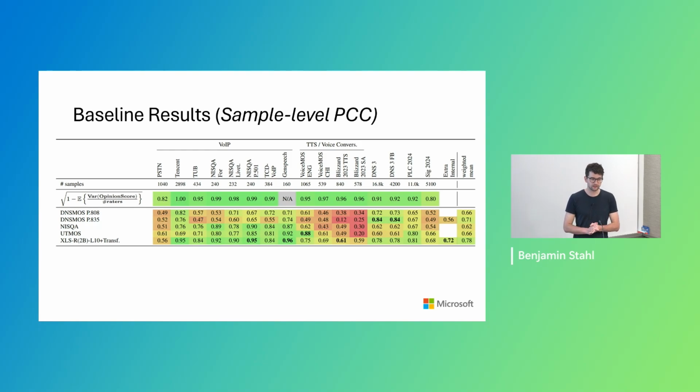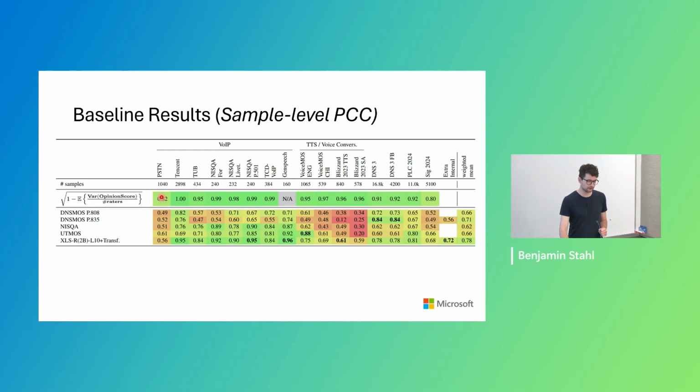So I did an evaluation on the data sets I just showed. I forgot to mention I also have this metric here. This is to say what's the quality of the data set. As you can see, it's 1 minus the average of the, actually that's a sample variance. So it's the variance of the opinion score divided by the number of raters. So that would be an upper bound of the correlation coefficient.